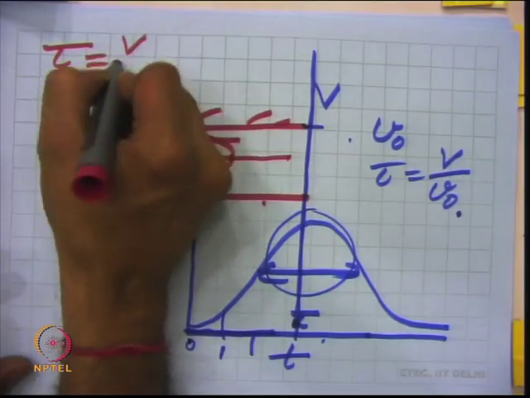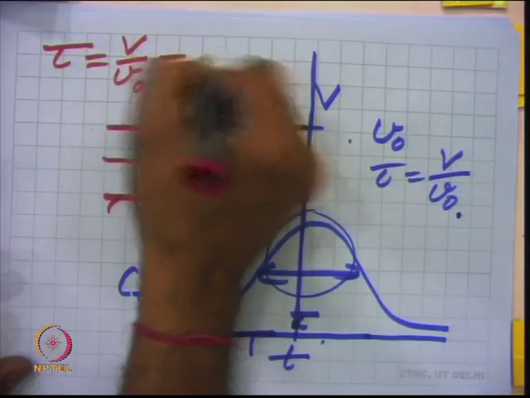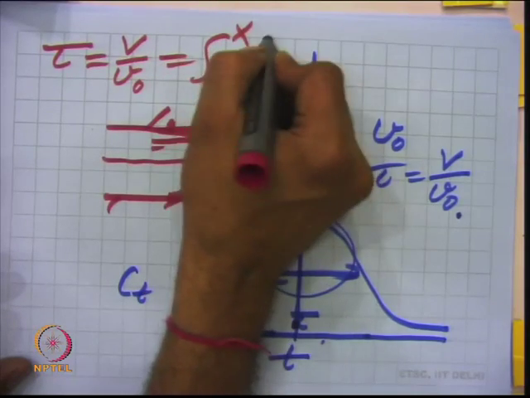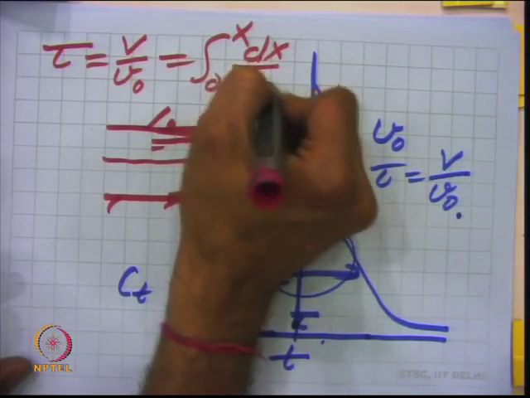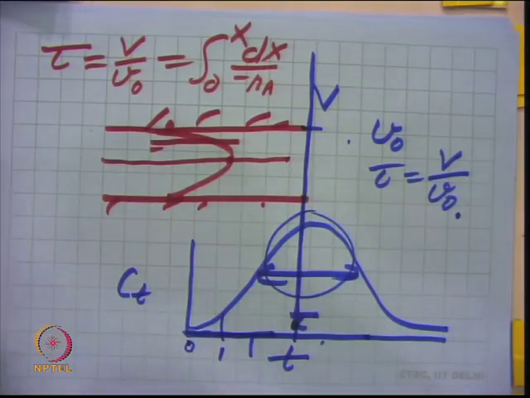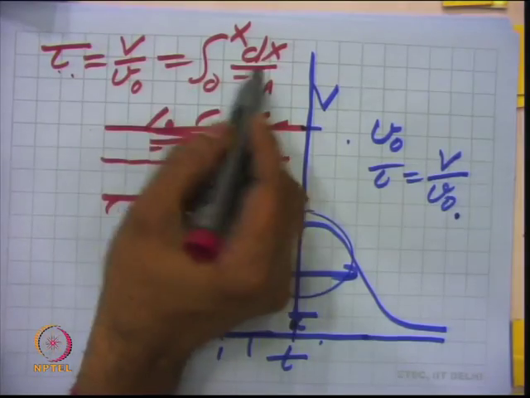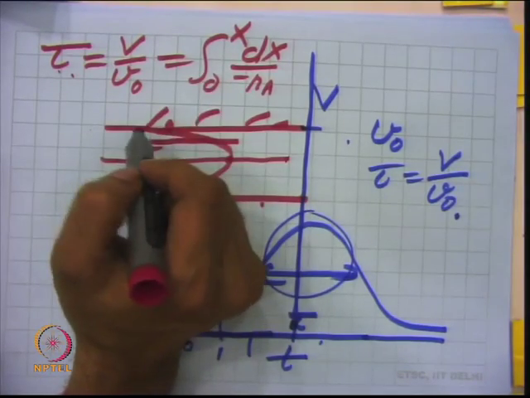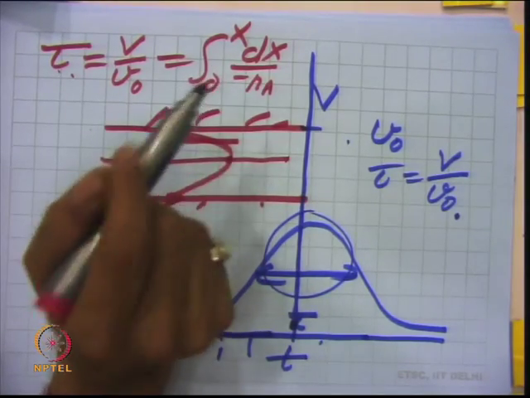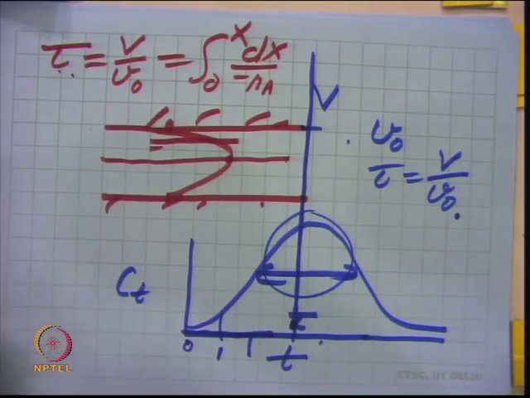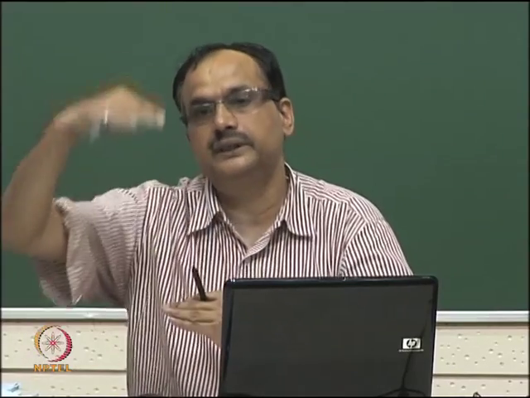So, you define tau is equal to V by V naught, and you write it like this in a plug flow reactor. So, this is your plug flow reactor. Here you say that every element spends the same time. So, you write the expression like this, but if this does not happen, we need to look at what the deviation is, and why that deviation has arisen. It has arisen because there is some gradient in this direction.